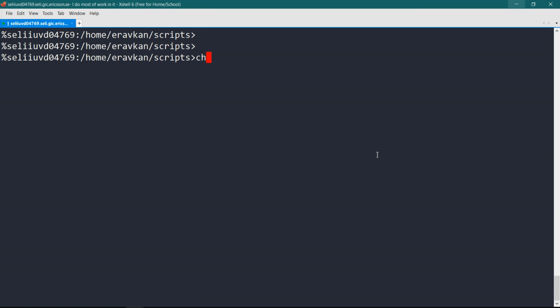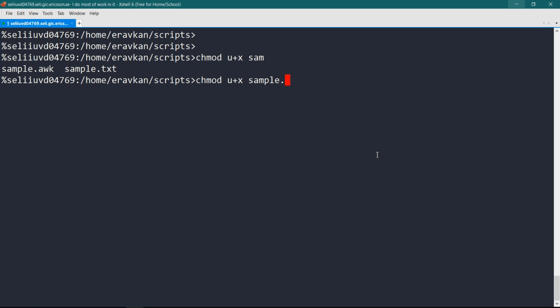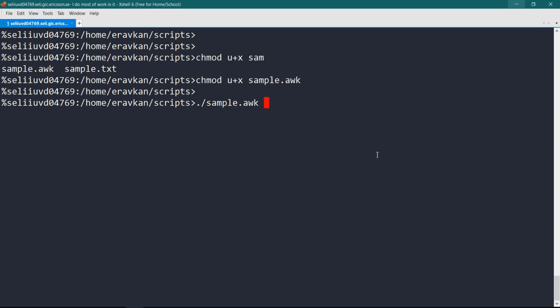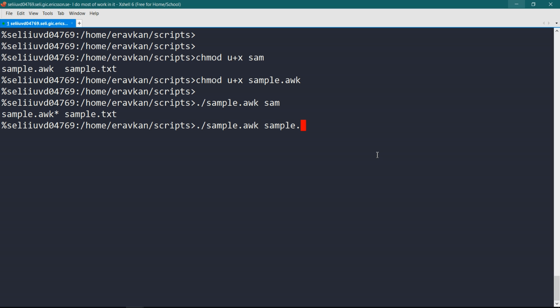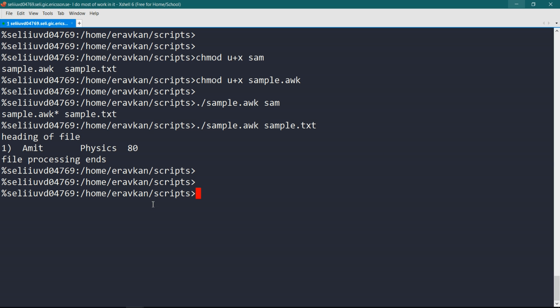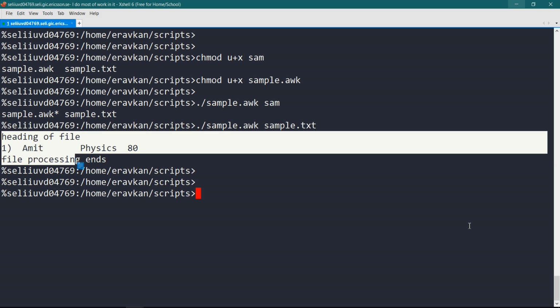Now I need to give executable permission to my script. Now I can run this command and specify the file here. My file was sample.txt. In this way I am getting the same output.